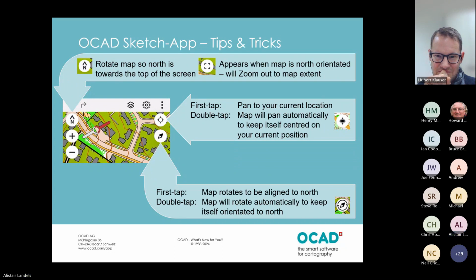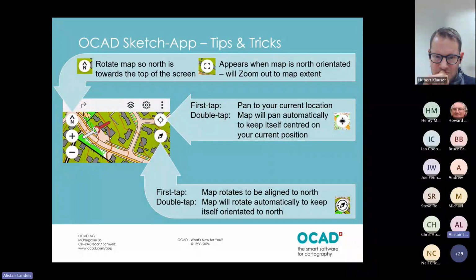The one on the top left can appear in two different states, one with a little N, like a north arrow, and the other with an extent button. That can rotate the map back to pointing north up the screen if the N is there, or it'll zoom out to the extent of the map if the other icon is visible. And then the two buttons on the right,